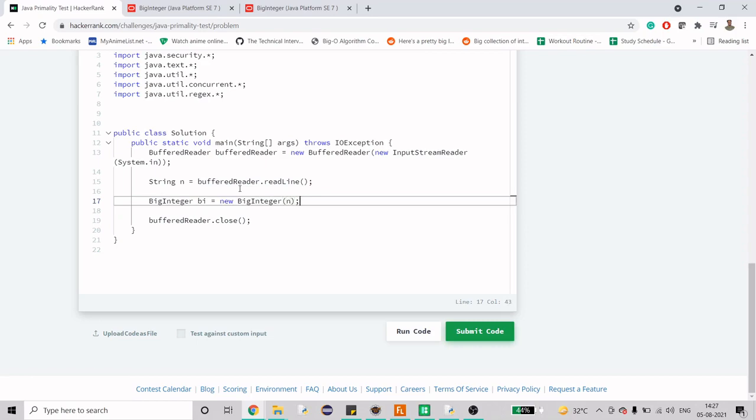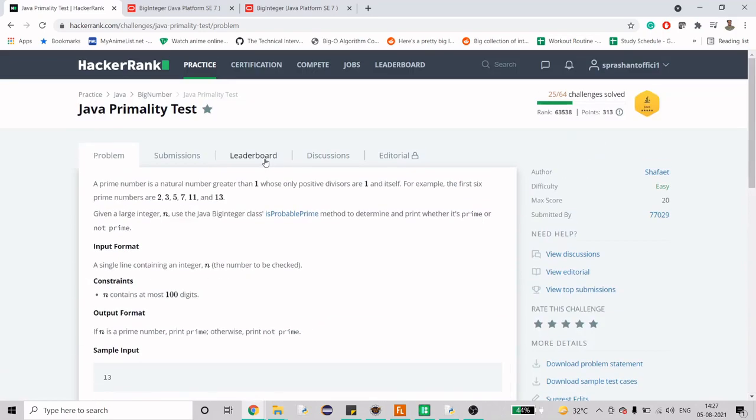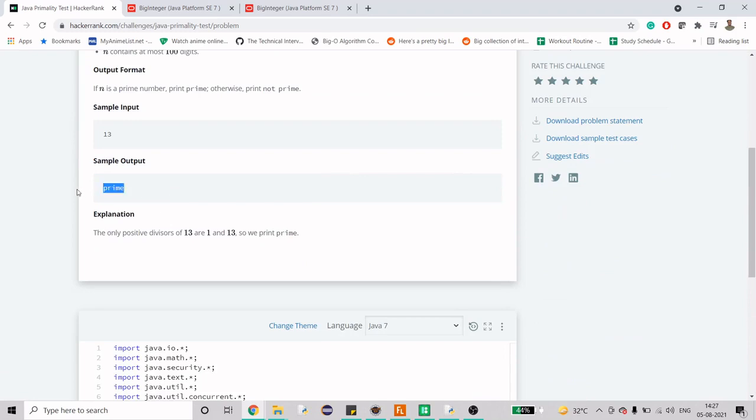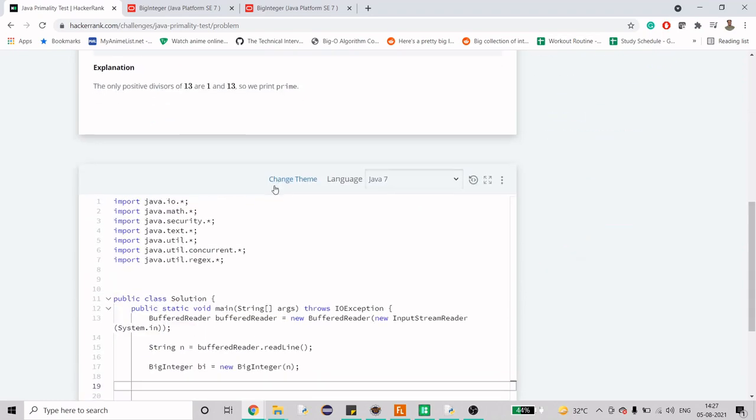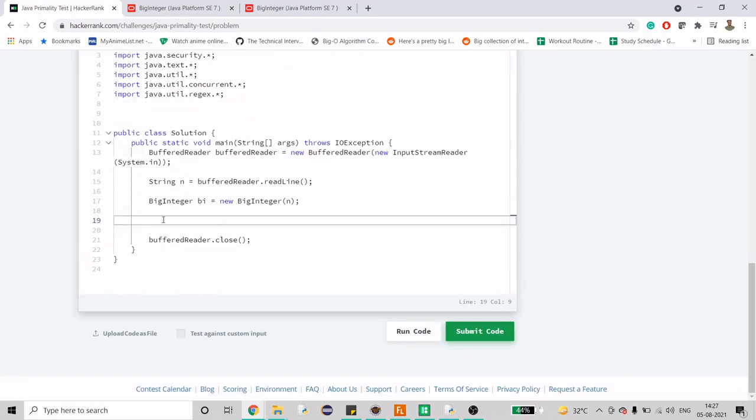What we need to do now is just print if the number is prime or not. They haven't told us we have to print here, but you can see that if the number is prime, then we have to print prime, otherwise we have to print not prime. Sorry, I missed that part. So now we just have to use an if else condition here.